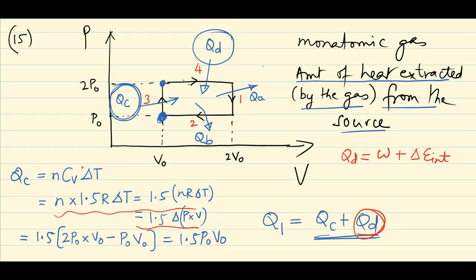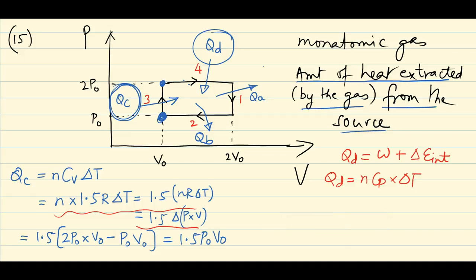It's an isochoric process. But the easier way to find QD is to realize that step number 4 is isobaric. So QD is going to be n times Cp times delta T,